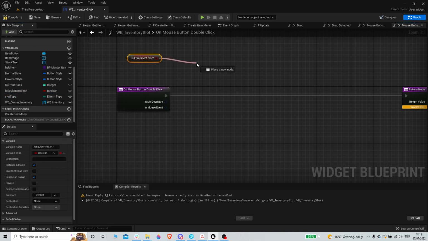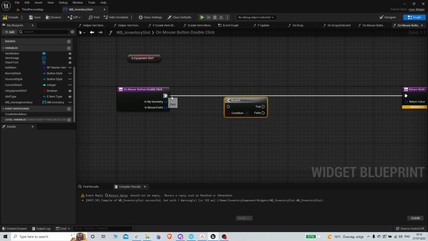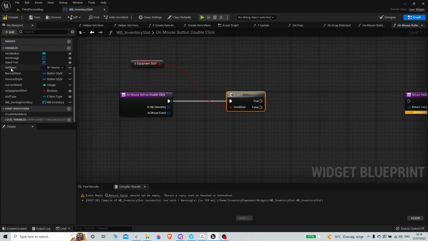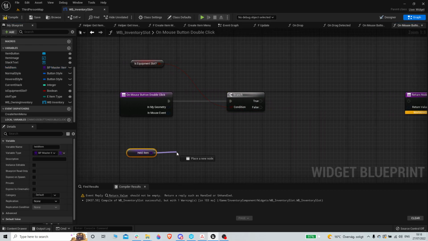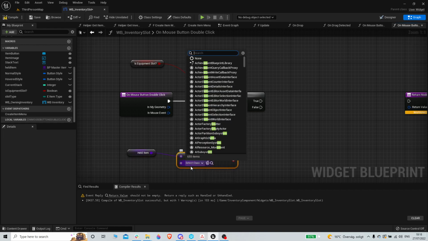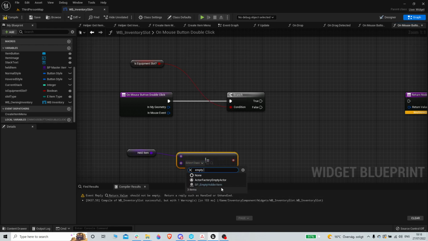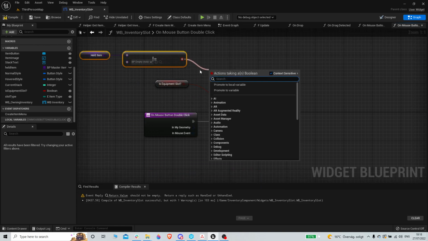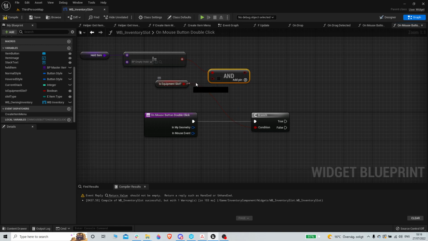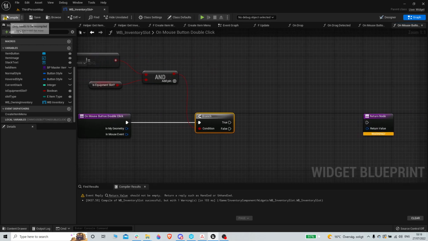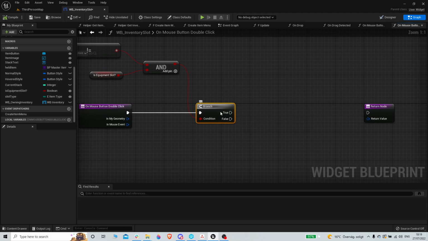Is equipment slot. Held item is not equal to empty holder item. We can do an and boolean here. So if the slot is an equipment slot and the held item is not equal to empty holder item, which means there's another item here, we can